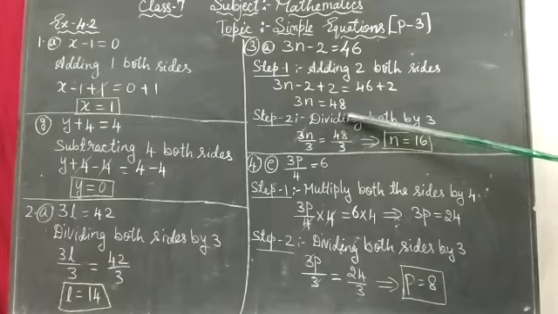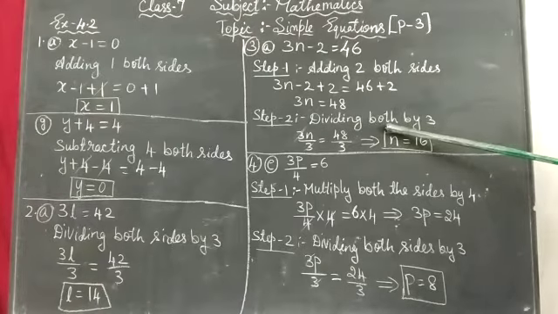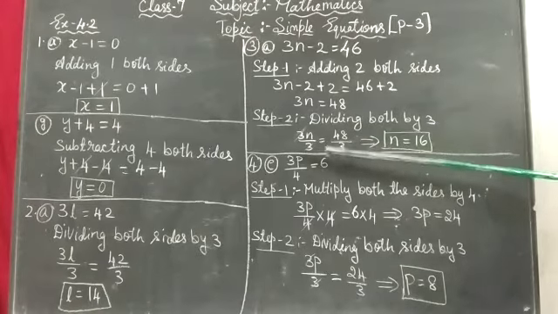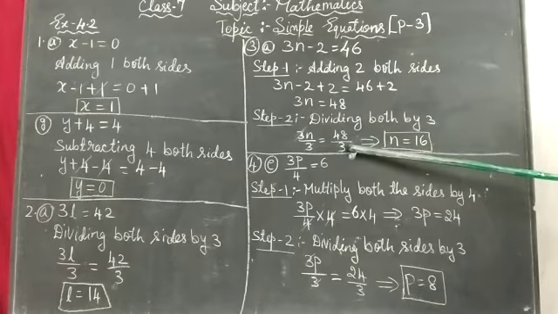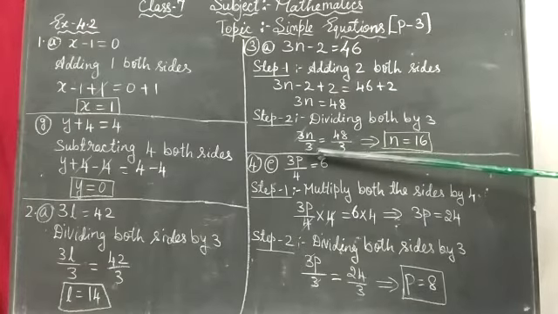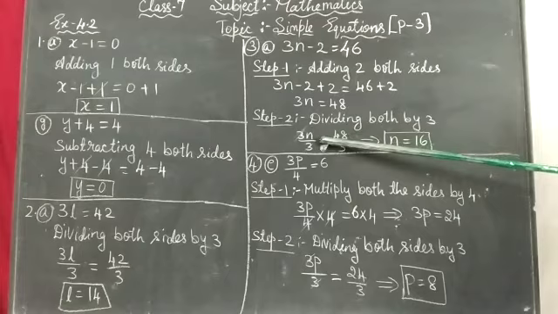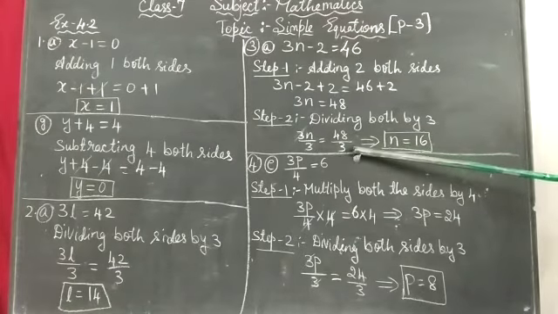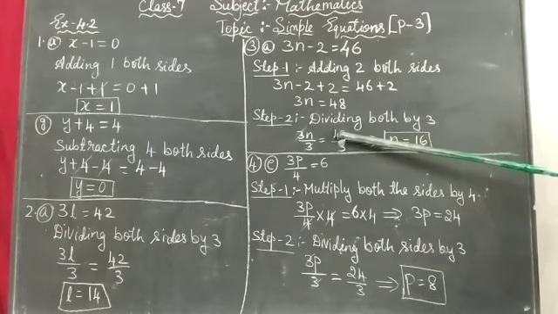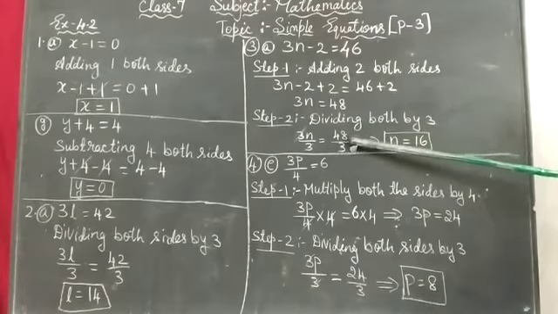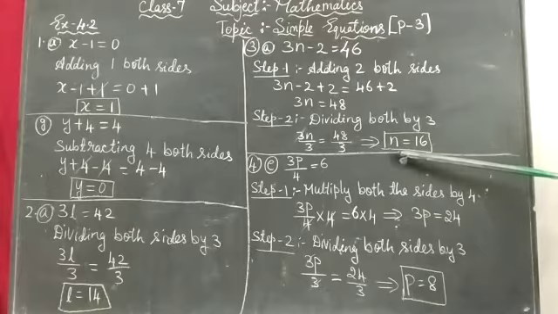Remember, whichever sign or whichever number we are taking, we have to take both the sides, LHS as well as RHS. So this 3 will get cancelled here. What remains? n. And the other side, divide this by 3. 3 ones are 3, 1 carry over, 3 6s are 18. What's the value of the variable we are getting? That is 16. Clear? Okay.